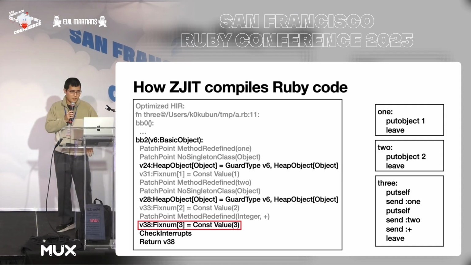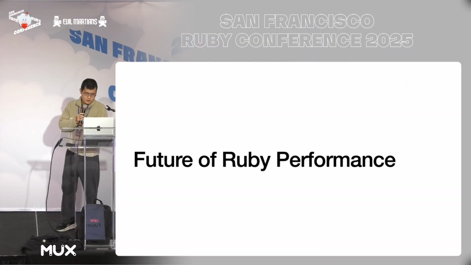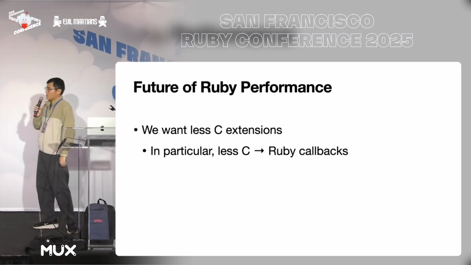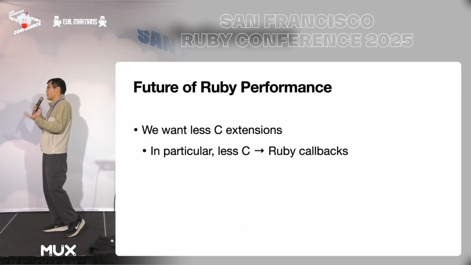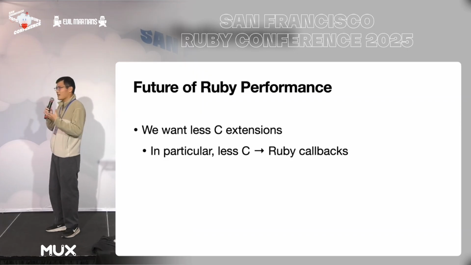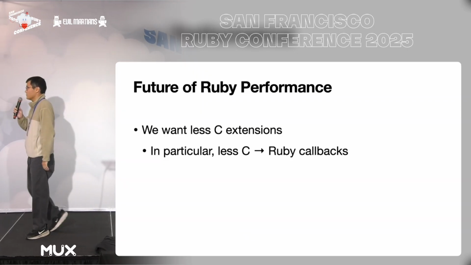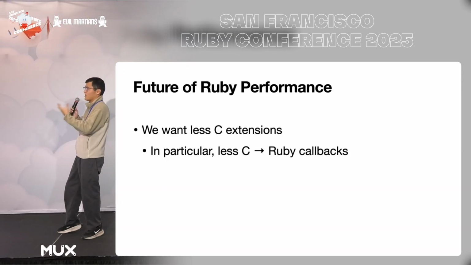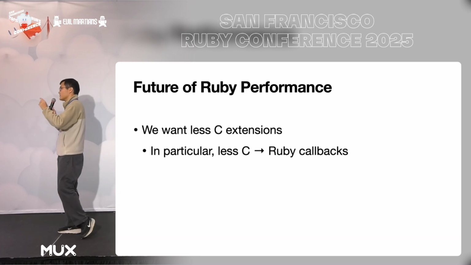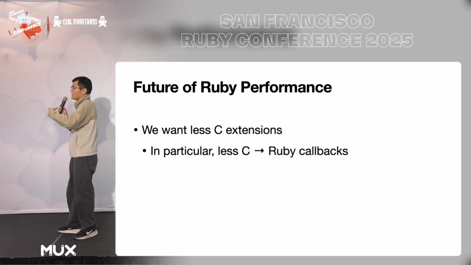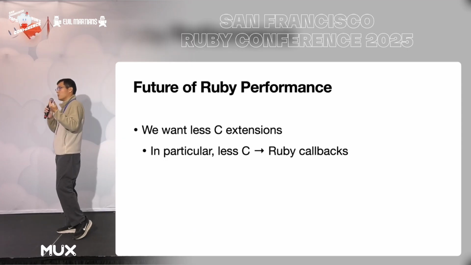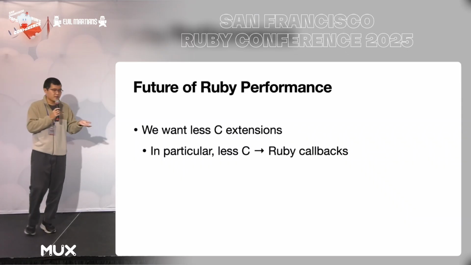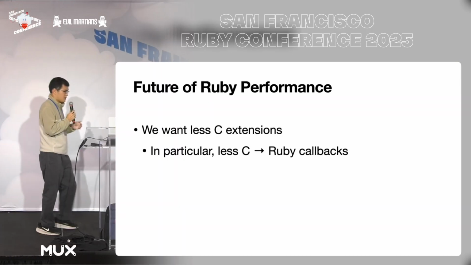So yeah, this is how HIR works. So I want to sort of touch on the future of Ruby performance. When we are in this Ruby JIT age, we want fewer C extensions. In particular, fewer C to Ruby callbacks. C extensions such as database bindings are fine, since that's a Ruby to C call. But if you write a C extension that is designed to call back into Ruby methods, that could be problematic for Ruby performance, which is because